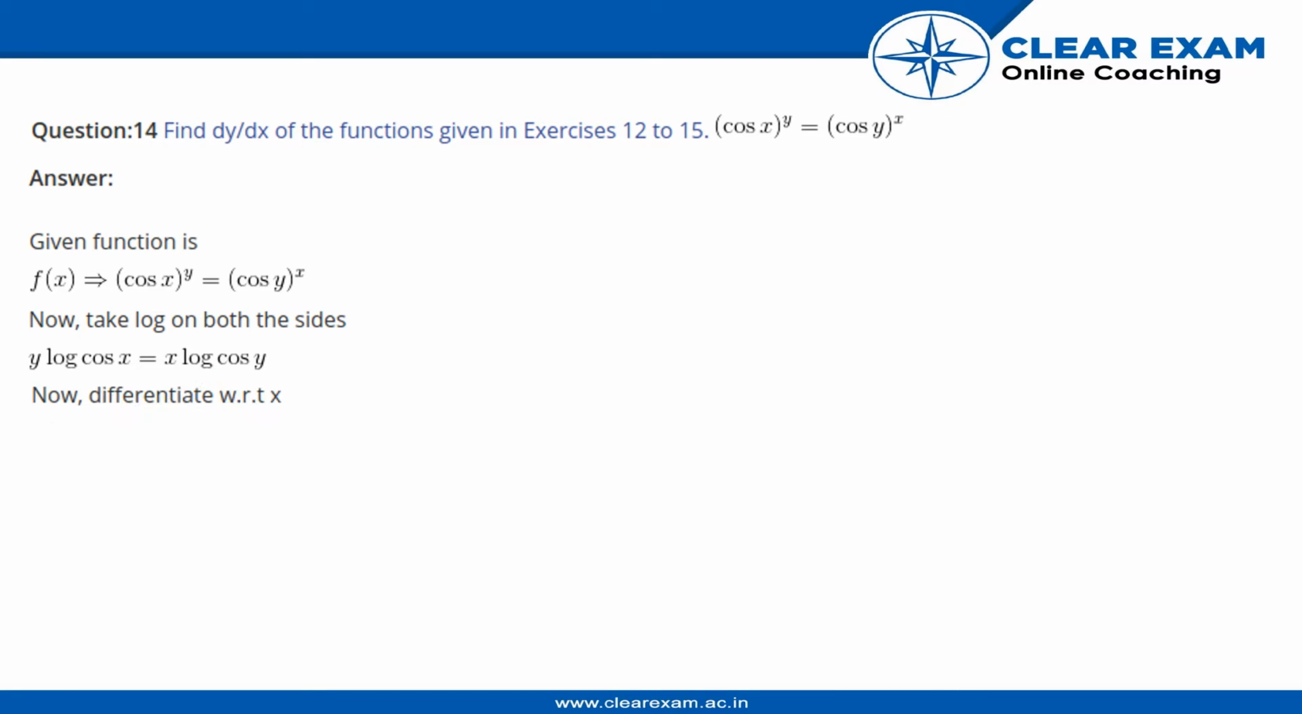Differentiating both the sides with respect to x, we get dy by dx of log cos x minus y tan x. This is the product rule for LHS, is equal to log cos y minus x tan y dy by dx, evaluated from the product rule for RHS. Hence,